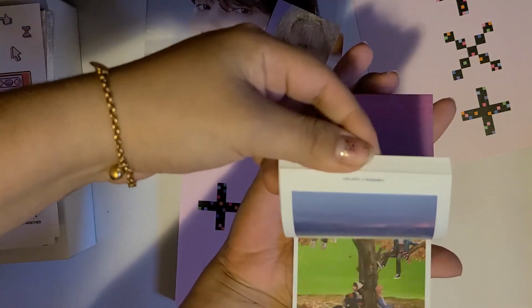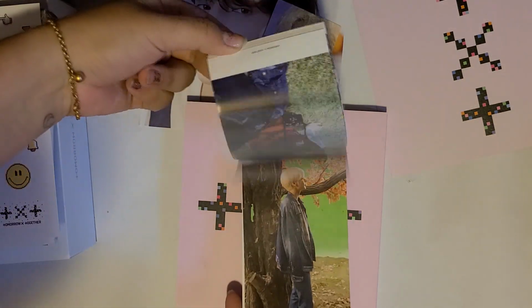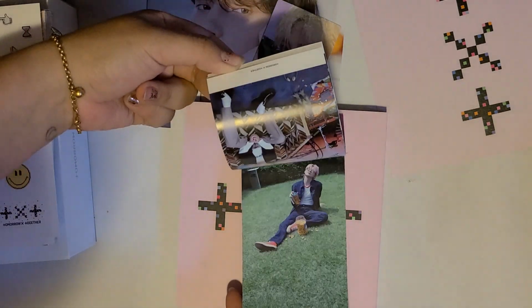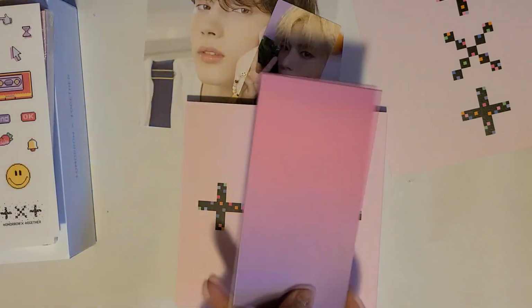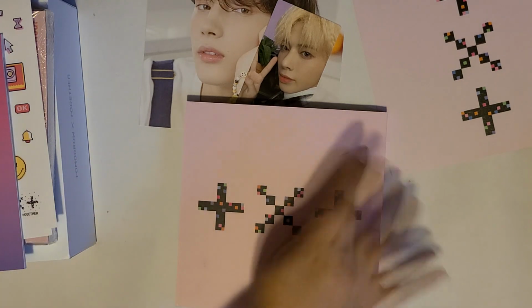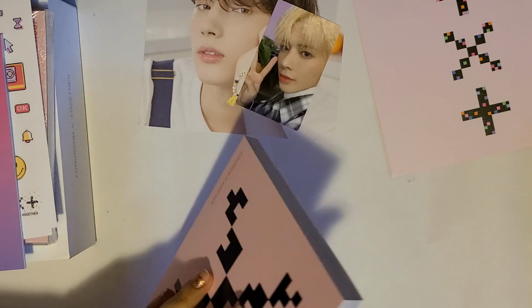And let's do the flip book. Are these different? Oh, they are different pictures. Interesting. These are like another concept, kind of. Not as colorful. It's a more serious concept in these pictures. And oh, it's dirty for some reason. So let me go ahead and